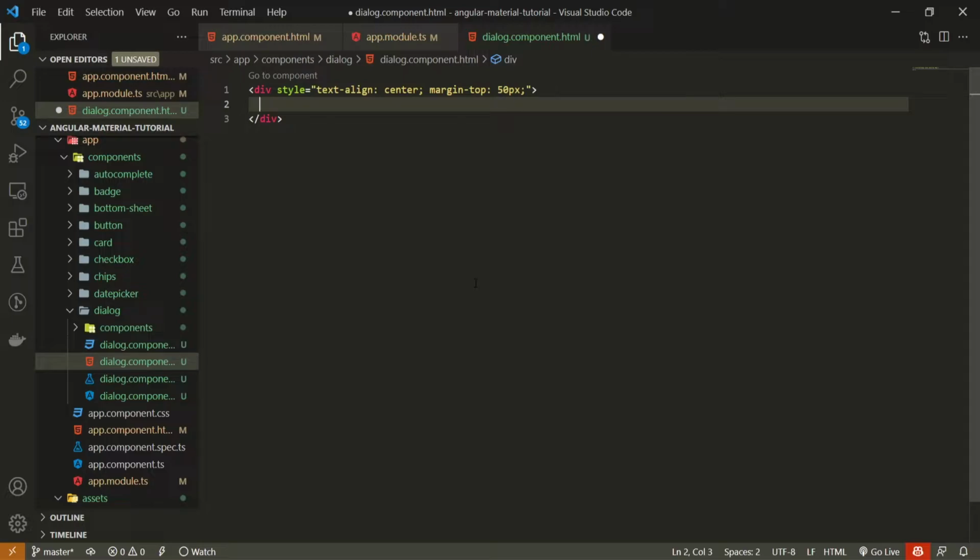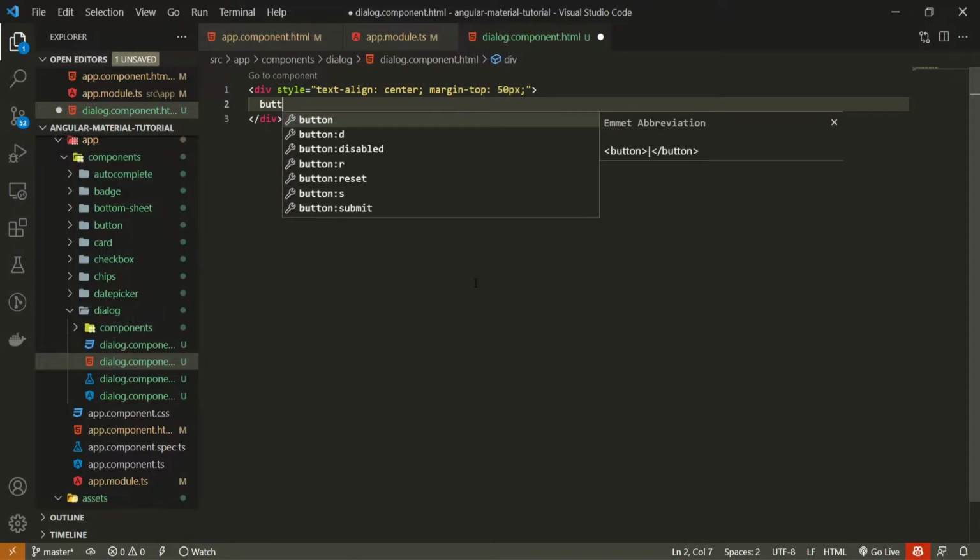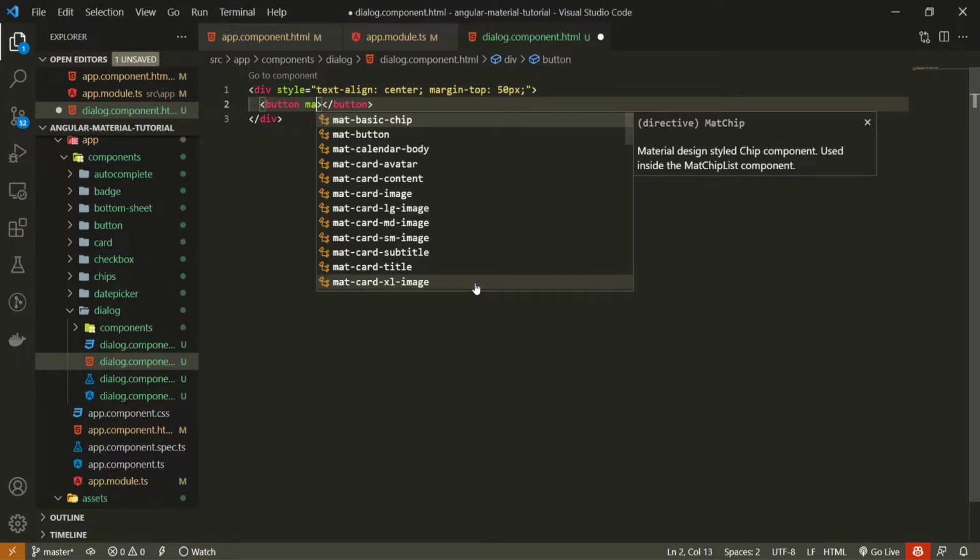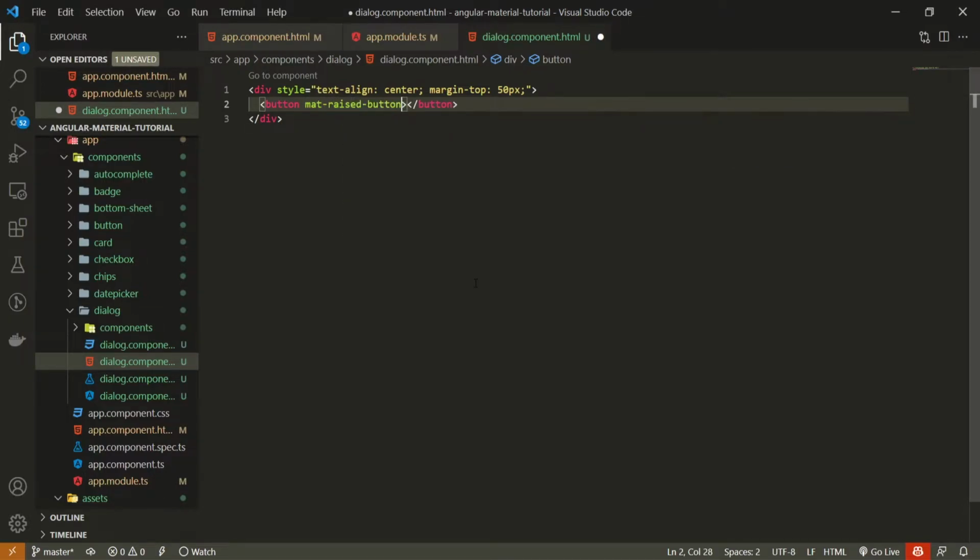Here we can simply create a simple HTML button. To it we can pass the mat-raised-button attribute from Material, and also we can pass a color. I will set color to be primary from the Material theme. Text for this button will be Open Dialog.